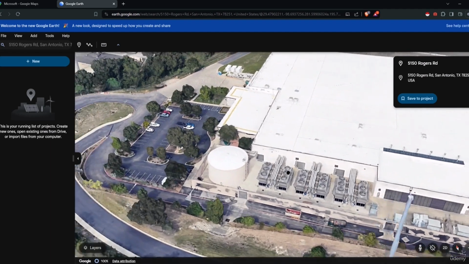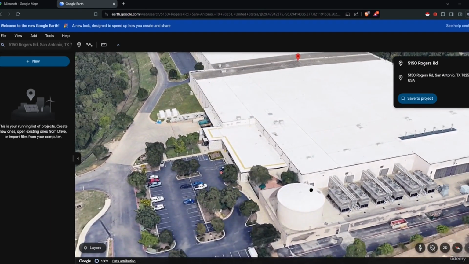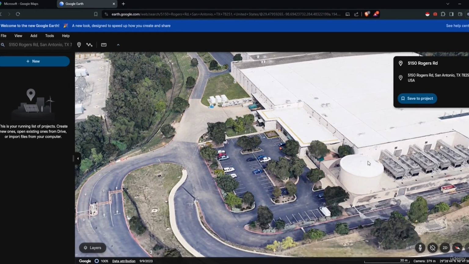For example, where the CCTV cameras are, where the entrance is, and so on. Now, I know lots of people that use Google Maps but have not yet used Google Earth. So I encourage you to go try out these tools yourself, and once you do, progress to the next lecture